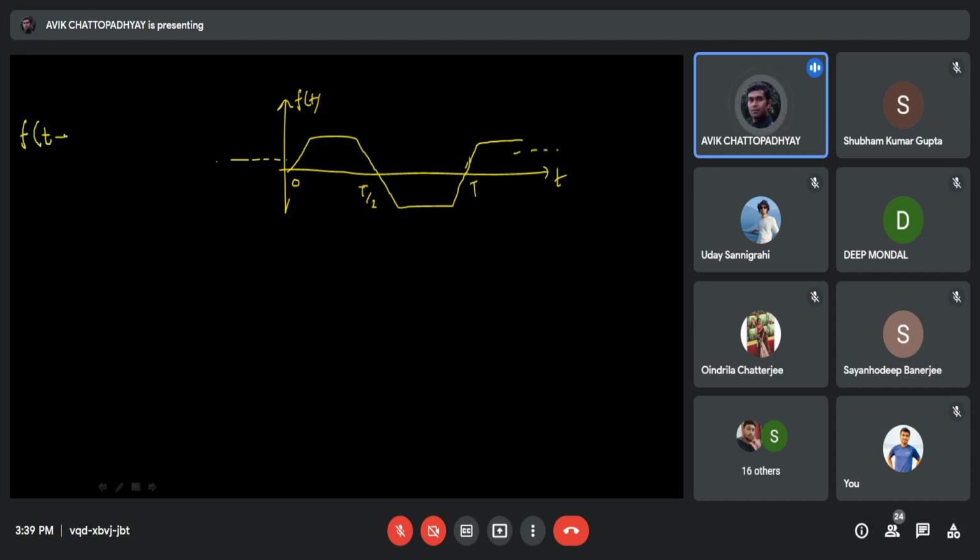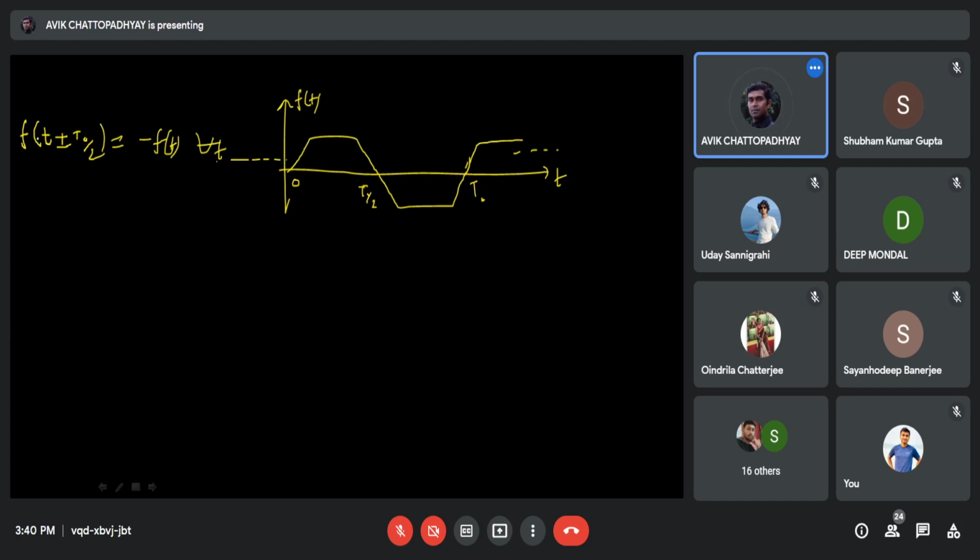f of t plus minus t naught, এটা যে t naught করলো, t naught by 2, which is equal to minus f of t for all values of t. This is one kind of half wave symmetry. Actually, there are two kinds of half wave symmetry. This is the first kind we are talking about. This is called the half wave symmetry in the odd sense. Odd sense means why it is odd,